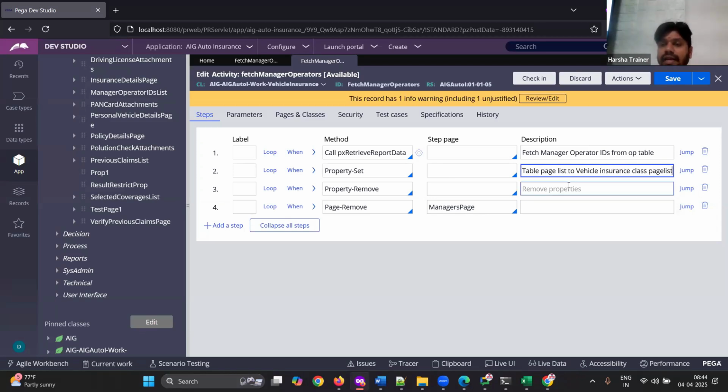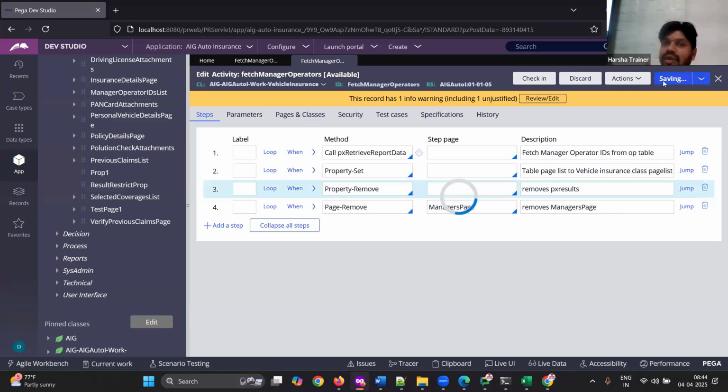Okay. And removes PX results, removes manager's page. Understand clear, everyone? Okay. So once this activity execution is fully done, you will see one page list on clipboard